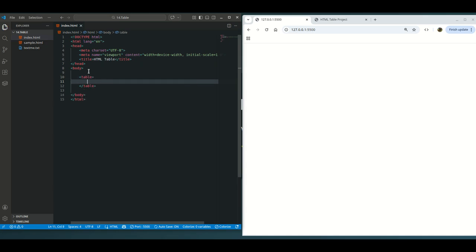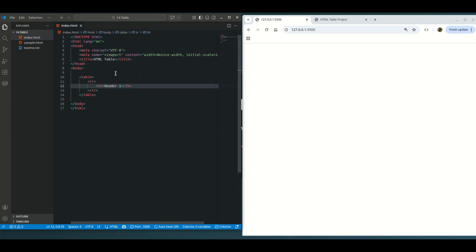In that table tag we have table row, tr. In the table row we type th, which means table header. We type header